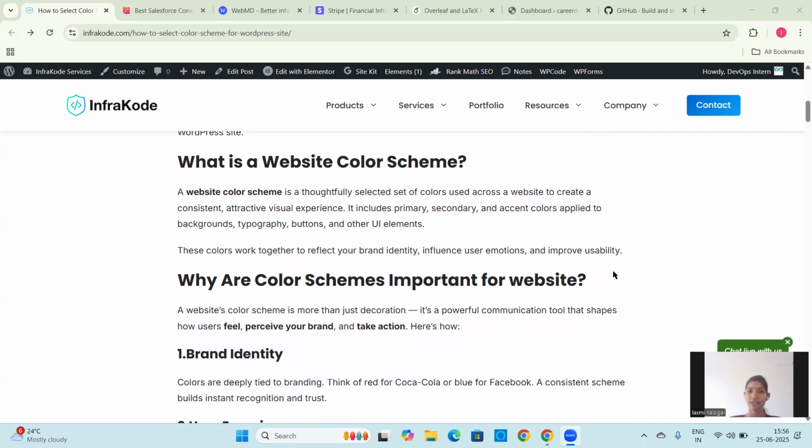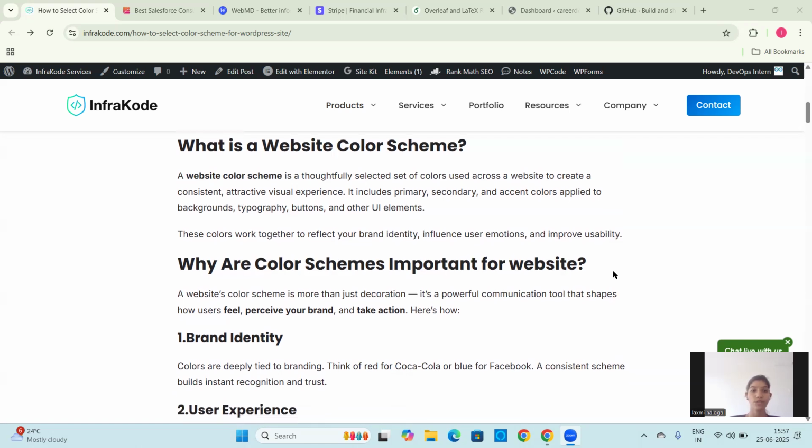So first we understand what a website color scheme is. A website color scheme is a thoughtfully selected set of colors used across a website to create a consistent, attractive visual experience. It includes three main parts, that is primary, secondary, and accent colors, applied to your background, buttons, typography, text, and other UI elements in your WordPress website.